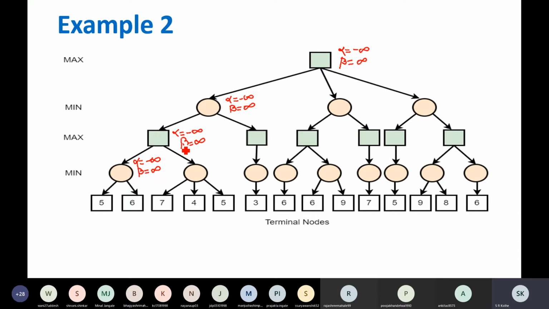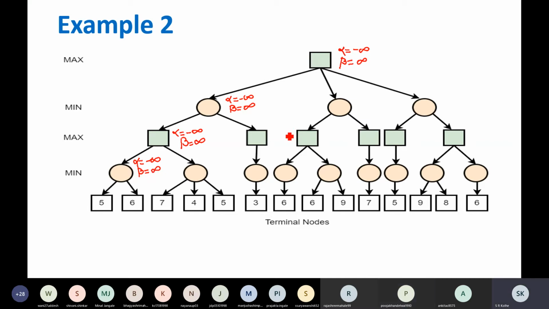Now what will happen? It's a minimizer node, right? DFS you are performing, it's a minimizer node. So it will get 5, it will update the value of beta. Beta is infinity. It is getting 5 from this. So 5 is better than infinity.